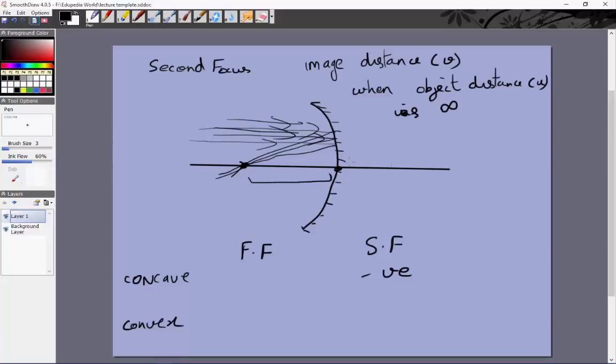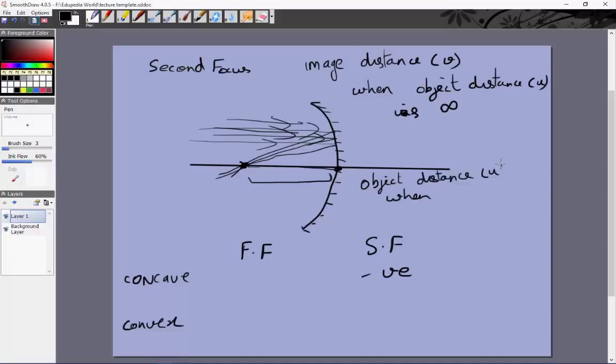If this is the origin and the right side is the positive side, then this length, if it is 2 meters, then the second focal length will be minus 2 meters with the sign. So the second focal length is negative. Right. Now we need the first focal length for a concave mirror. The first focal length would be the object distance,